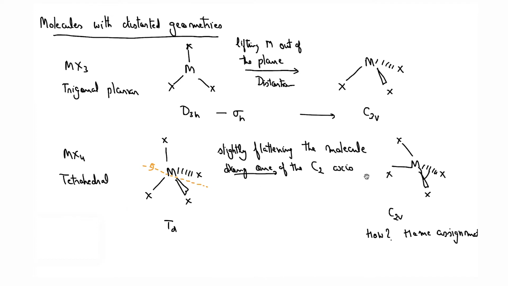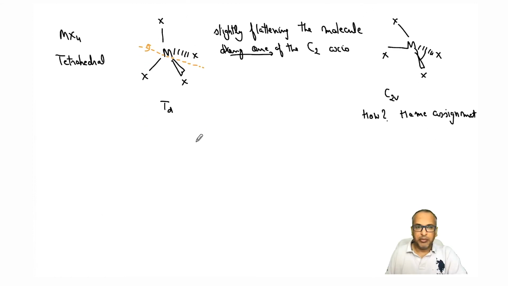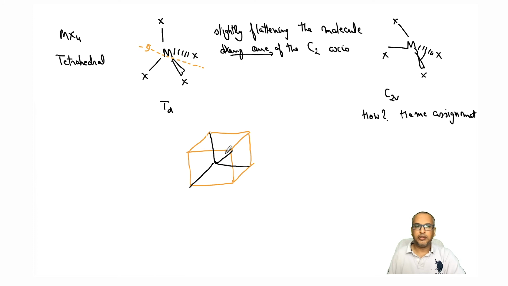So if you have difficulty in understanding this distortion, maybe what we can do is draw this molecule inside a cube and do the same distortion. Okay, so inside the cube, if you draw, it will be a tetrahedral. You have the center, one bond going to this vertex, this vertex, and that vertex, right? So this gives you a tetrahedral. So this is a Td geometry. Now the distortion actually takes it to a different one. So let's see what is the distortion here.